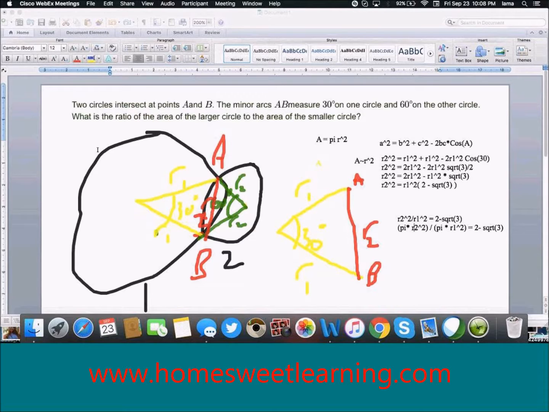So finally, our final answer, we can determine that A2 over A1, so their two areas' ratio, is 2 minus the square root, I'm running out of page here, of 3. And yep,